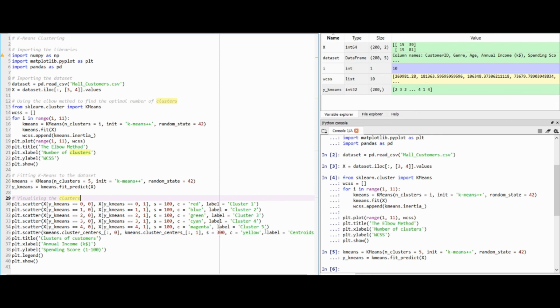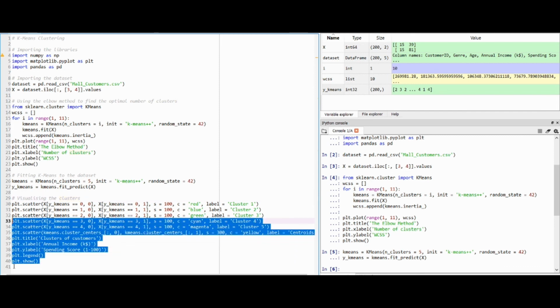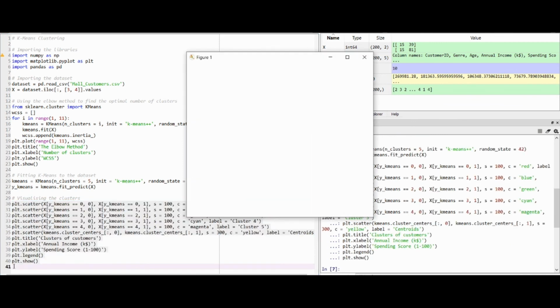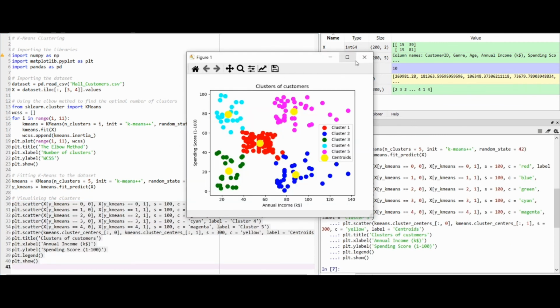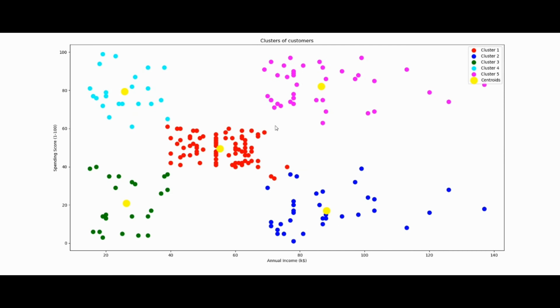The color is yellow and the label is Centroid. Then the title of the plot is Cluster of Customers, the x label is Annual Income, and the y label is Spending Score. So now we can plot this graph. Let me run this code and we can see our plotted graph. So this is the plotting of our graph.